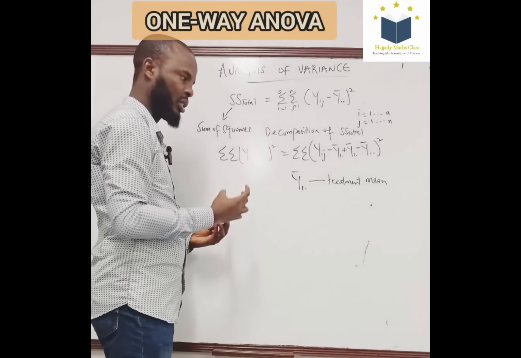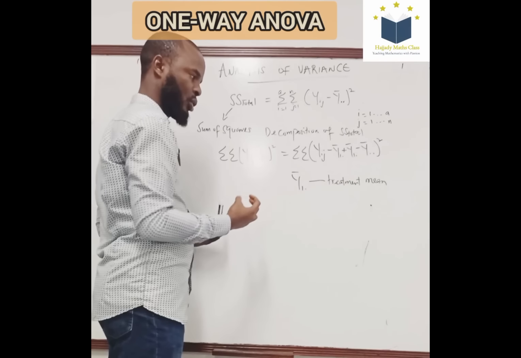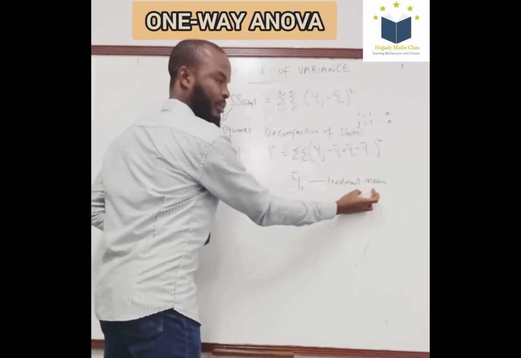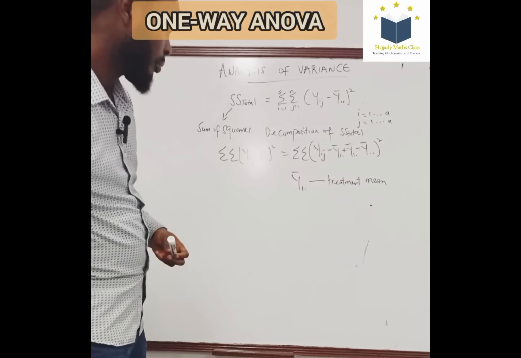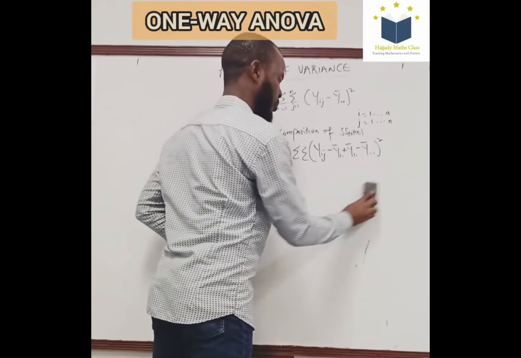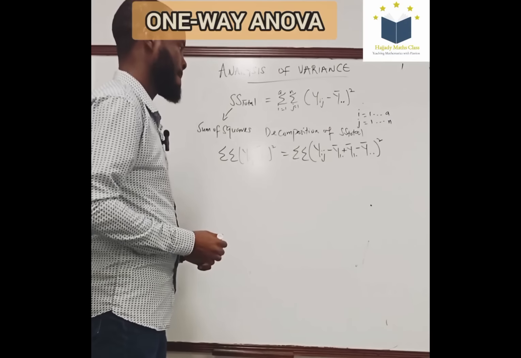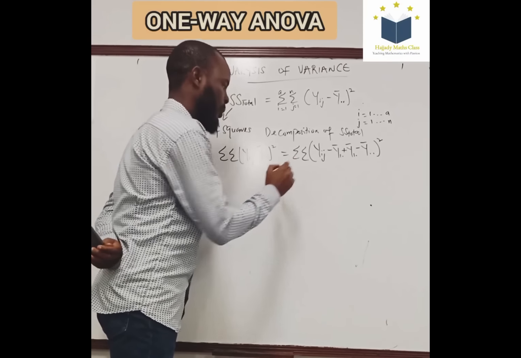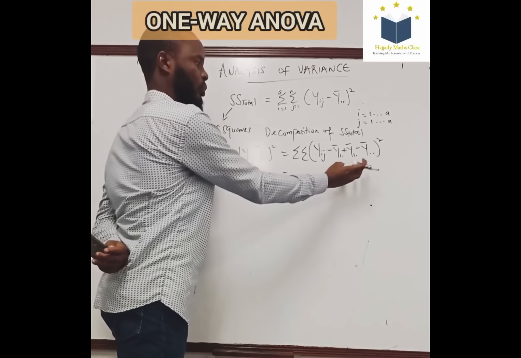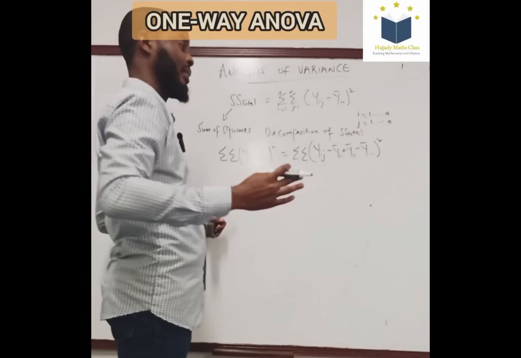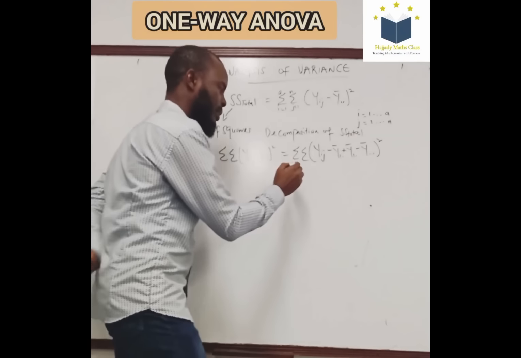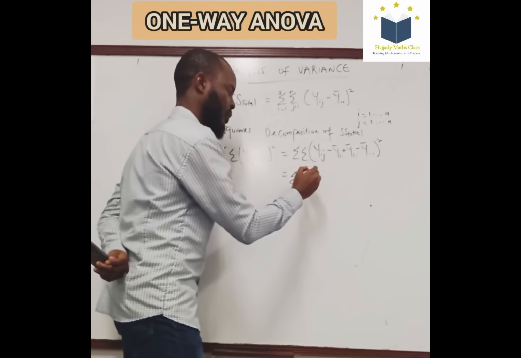It's just that for me to get my decomposition well, I need to introduce the treatment mean. So using this, if you want to distribute this, that means expanding this, this is the same thing as saying